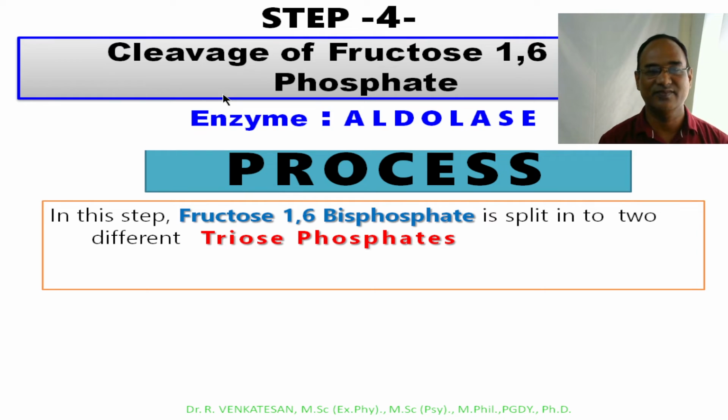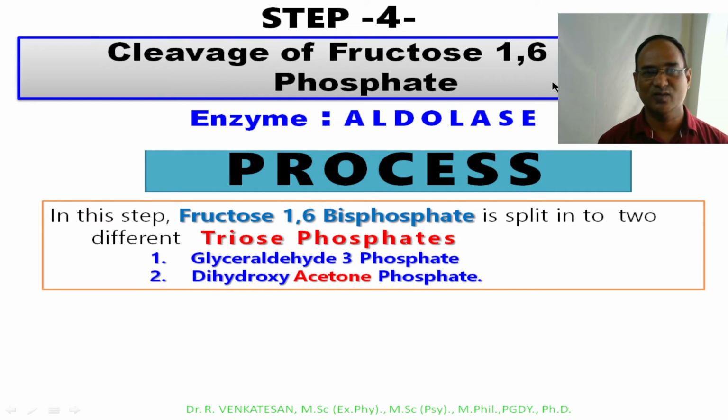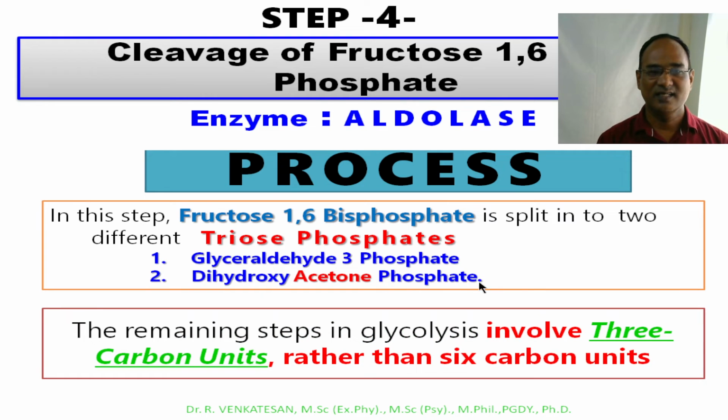Cleavage means dividing from a higher unit to a lower, usable format. They are called glyceraldehyde 3-phosphate and dihydroxyacetone phosphate, two energy sources in different formats, split from fructose 1,6 bisphosphate. The remaining glycolysis is divided into two major areas, with 3 carbons and a phosphate each. This category is again divided, and it will carry out the further process. Let us discuss